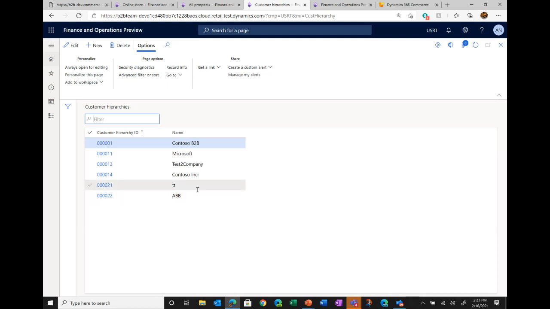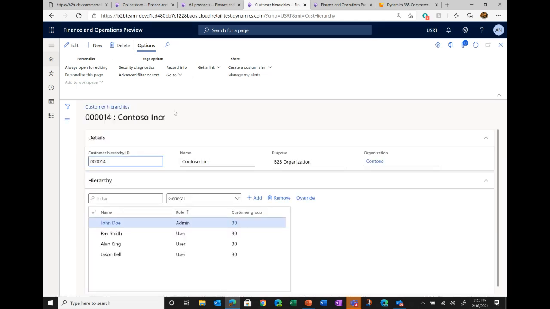And then it also creates this entity called customer hierarchy. It creates an association between the organization customer and the user customer, right? So on the parent, on the header of the customer hierarchy, you would see the organization customer being attached, and then on the detail section, you would actually see the user customers being attached. So in the initial flow, you would only see a record for Contoso and a record for John Doe. And then an email will also be triggered to John Doe saying that, hey, you and Contoso have been successfully onboarded as an approved business partner and you can now transact on the B2B e-commerce website.